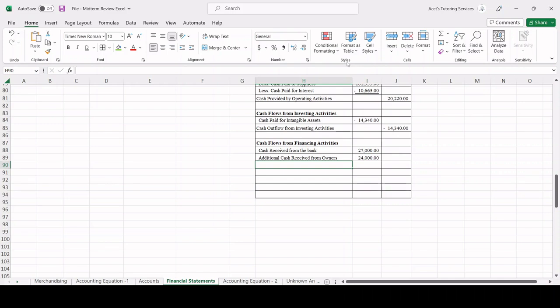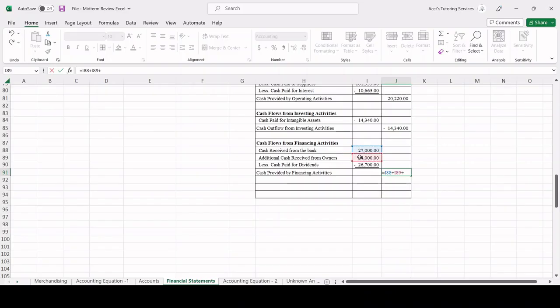And now we're paying out dividends, right? So that's going to be less cash paid for dividends. That's obviously going to be a negative number now. So 26,700. Now we're done with all of our financing activities. We can calculate the total cash provided by financing activities, which is going to be 27,000 plus 24,000 plus negative